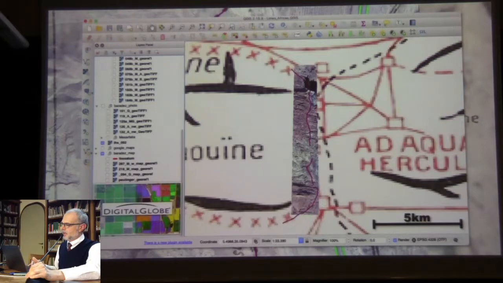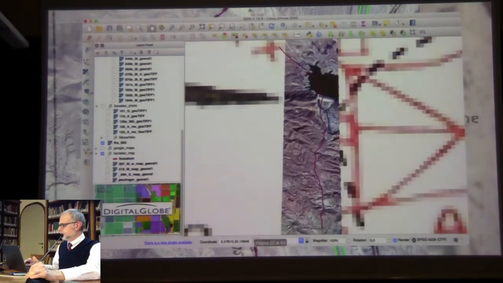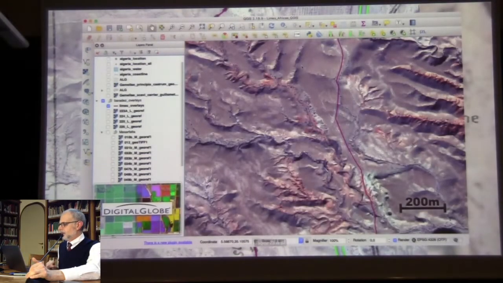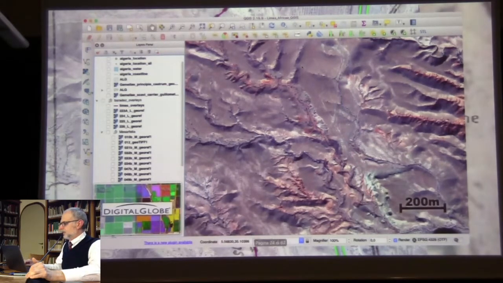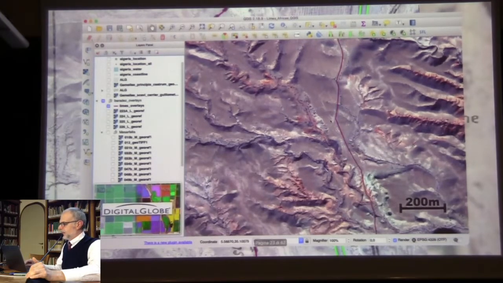I am overlaying the LiMeS deducted from Baradez overlays onto our acquisition of a multispectral satellite image, high resolution. Zooming in, you see the lake with the dam. If I zoom to a very small scale, I can see that with the help of my interpretation, I can now see exactly where the LiMeS is going. You see a lot of traces here, but with my